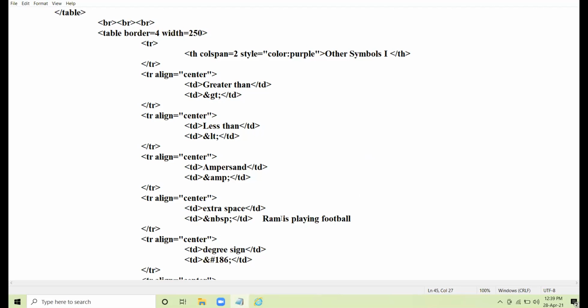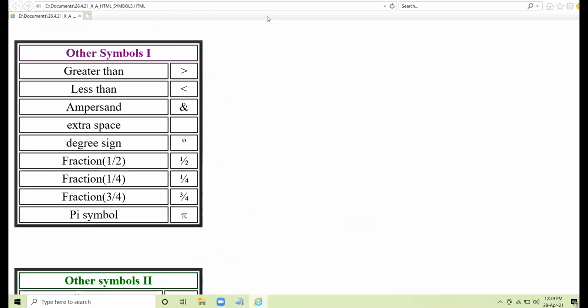Suppose I increase the amount of space. No matter how much space you give while typing, in browser view it will remain normal. It has no effect in the browser view.